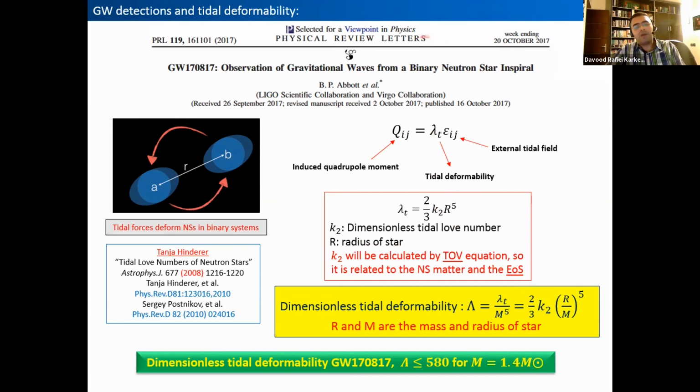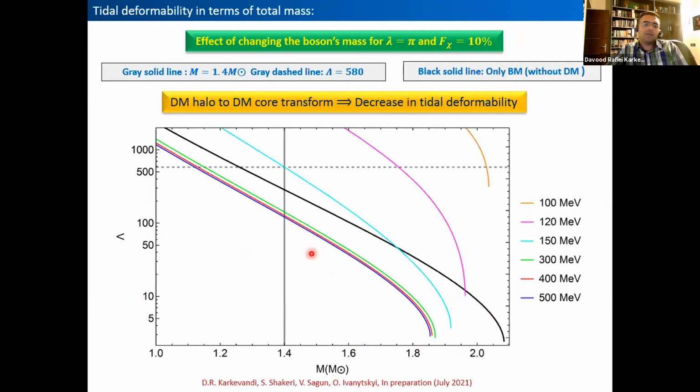And then we define a dimensionless tidal deformability, which is the capital lambda, and has relation also to radius and mass of the object and K2. From this event, GW170817, we have an upper limit for tidal deformability, which in this case is dimensionless tidal deformability less than 580 for mass equal to 1.4 solar mass. And here you can see a graph related to the tidal deformability in terms of total mass